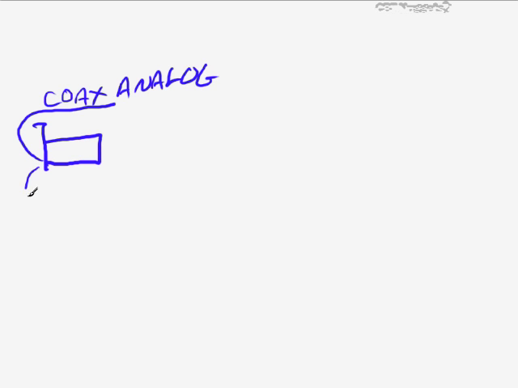However, you could go another way as well. With this, you could plug that into a digital tuner of some kind, which, depending on your cable provider, could be called a digital box or just a box or something like this. And this could do a couple of things. It could give you a digital signal, obviously. And if you also pay a little extra money for it, you can also get HD signals through it.